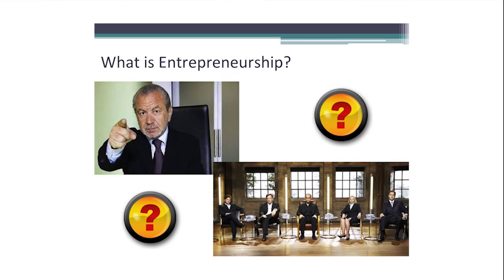So, in terms of what social entrepreneurship is, you'll see there that we've got a couple of pictures, and for those learners that are in the UK, these will be familiar faces to you. On the top there we've got Alan Sugar, who is a very famous entrepreneur in the UK and in Europe, and has set up several businesses. He runs a show called The Apprentice, where he encourages people to be entrepreneurial and set up their own businesses.